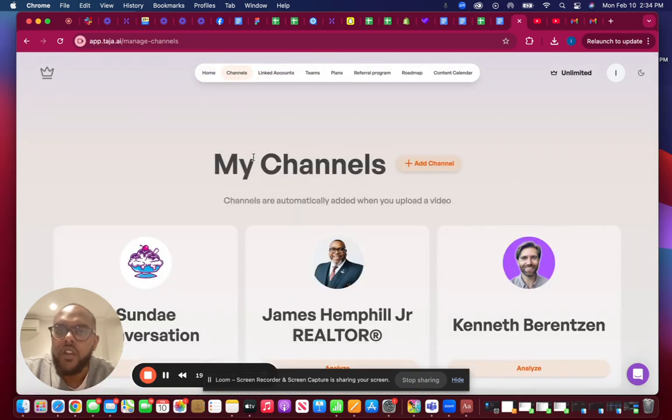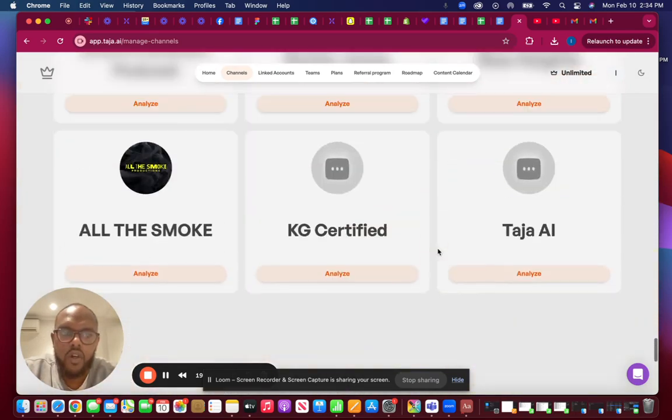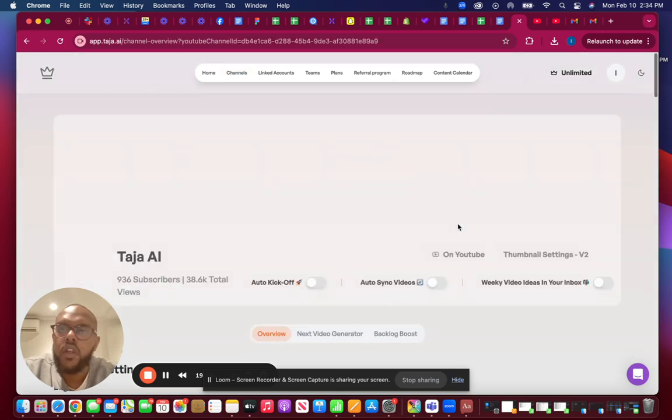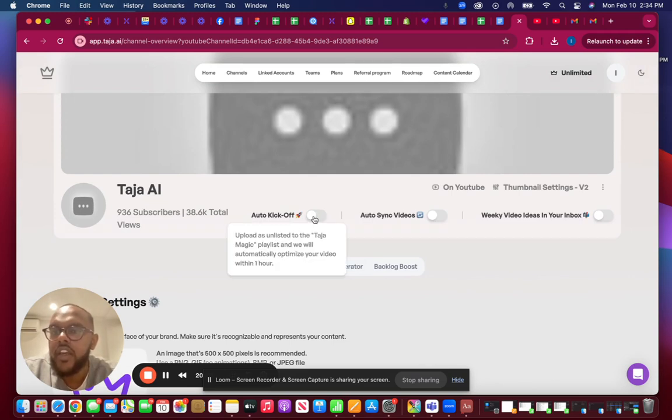Go to channels, and then you're going to want to go to your channel. So boom. Click on your channel, and then right here, it'll say auto kickoff. You're going to want to enable this. And once you enable it, we automatically generate the Taja Magic playlist for you. So once you enable this, the Taja Magic playlist will show up in your playlist in your YouTube studio. You can set your video to this in your studio as unlisted, and then we'll do everything for you within